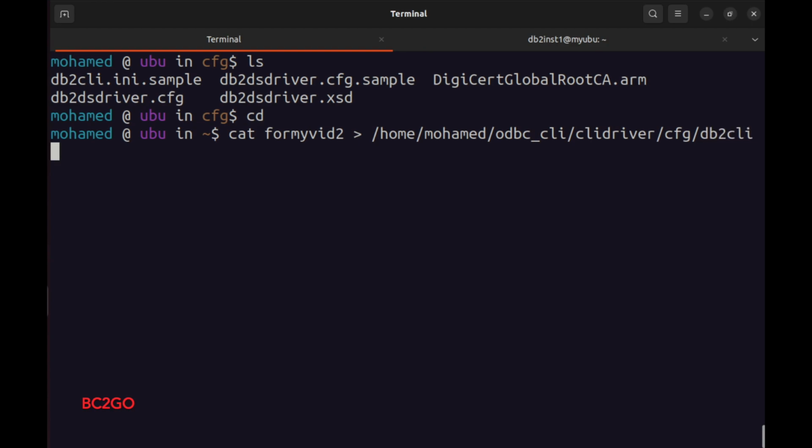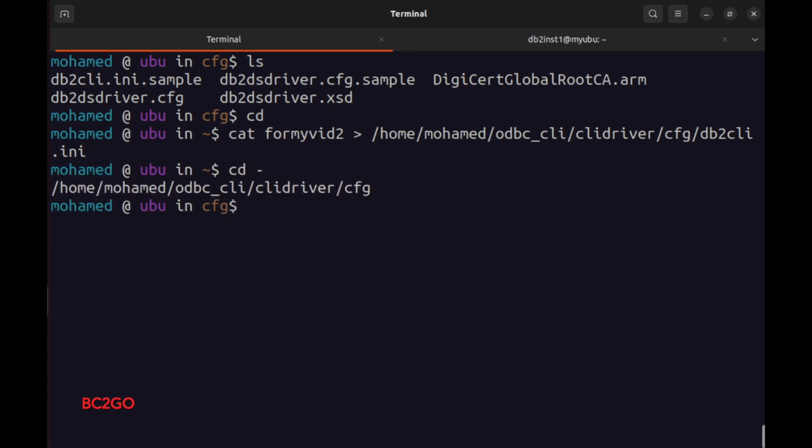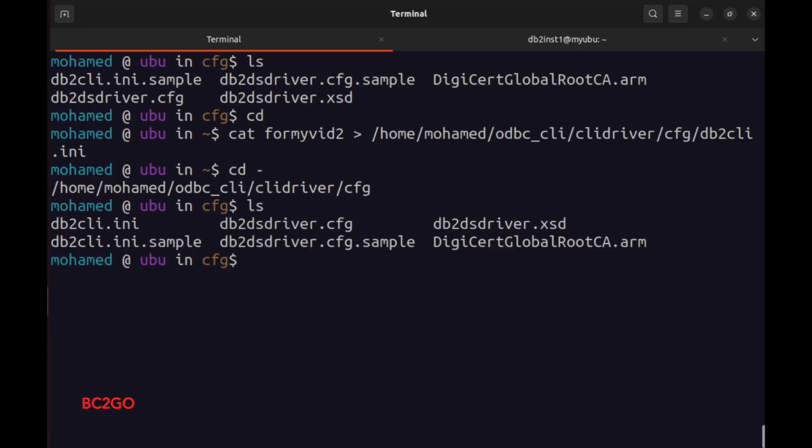db2.ini. And if I go back to the other directory and then type ls, I see a new file there. If I cat this file, db2.ini,